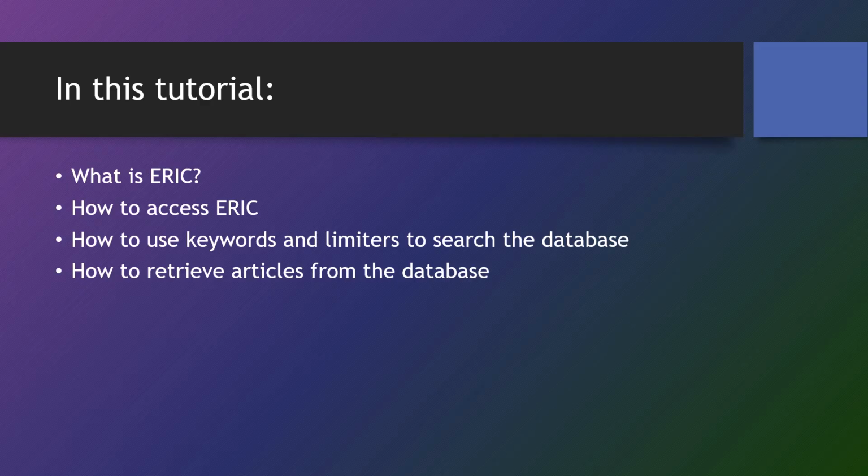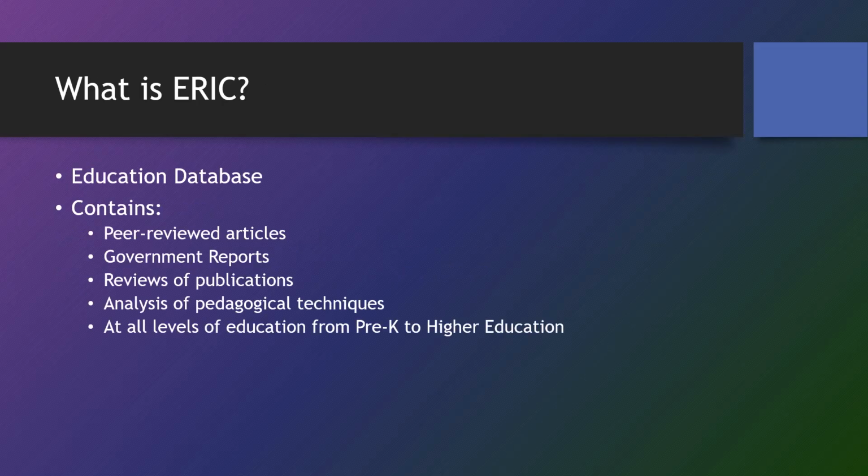In this tutorial, we will explain what ERIC is, how to access the ERIC database, how to use keywords and limiters to search for articles in ERIC, and how to retrieve articles from the database. ERIC is an acronym, short for Educational Resources Information Center. It's an education database that includes not only peer-reviewed journal articles, but also reports, reviews, and analyses from all levels